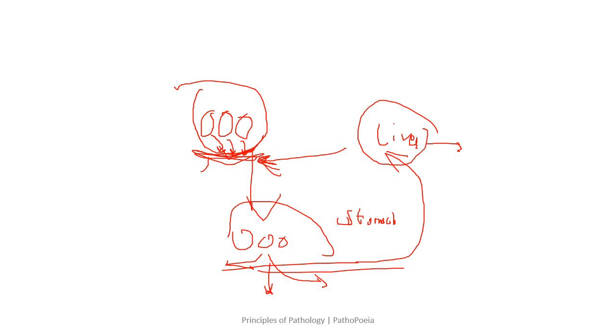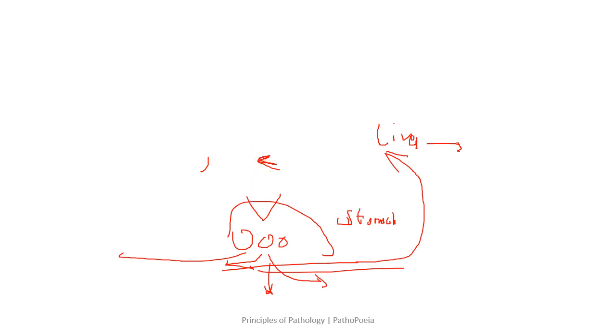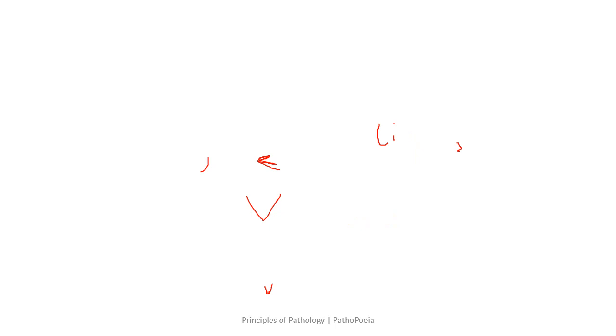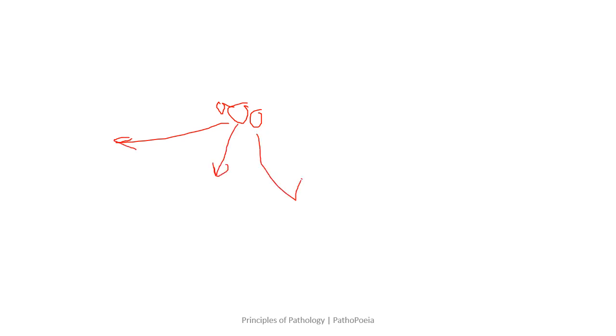Okay, once there is invasion, the tumor cells can go into the lymph vessels. Now we need to understand that once the tumor cells invade the surrounding area, they can follow a lymphatic route, they can follow a blood vessel route, and they can also spread directly into the body cavities, as in the case of the